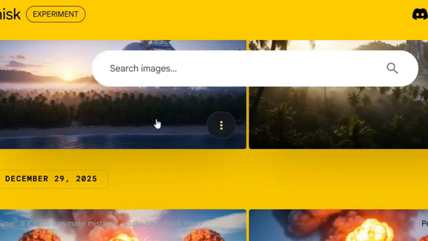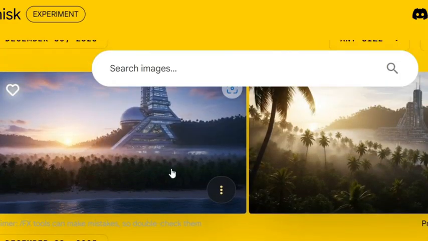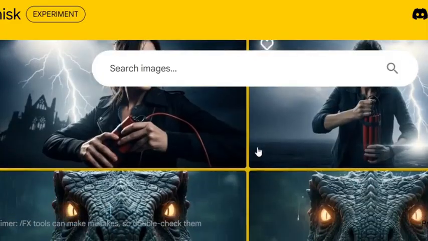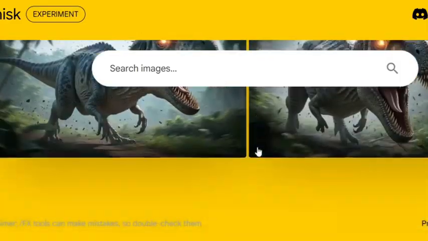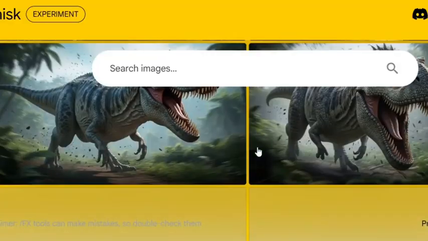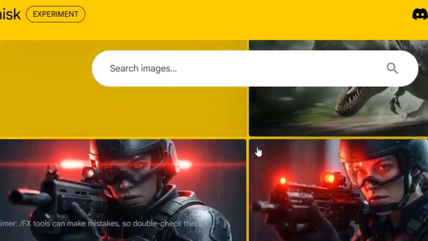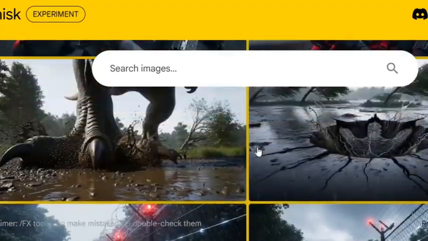Now, the last image I generated right now, this is the image. As you can see, this is the image I just generated right now. These two images here are my previous images I generated for each scene from the video, for that video you just watched a moment ago. These are all the image scenes.